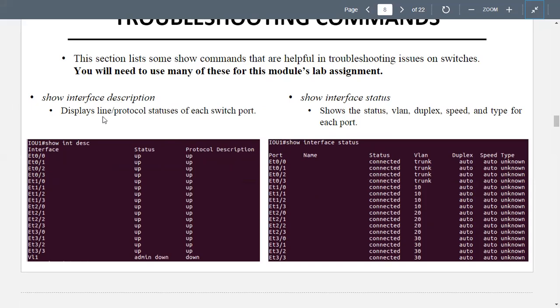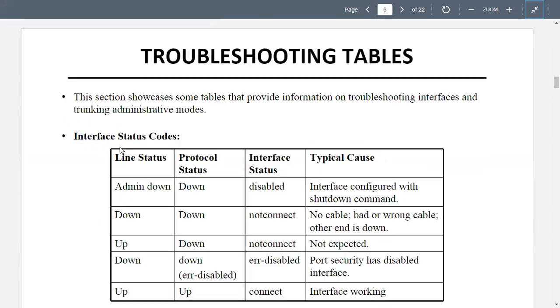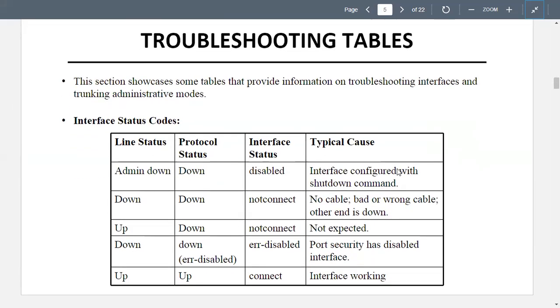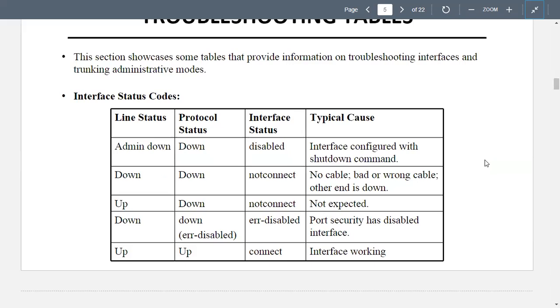So what this does is display the line protocol statuses for each switch port. So what does that mean? If you go up here, right here, these are interface status codes. They let you know what is going on with an interface. If you see up, that means the interface should be working and everything's good with that part of your troubleshooting steps. The only other thing you're going to see in this lab is admin down. That means the interface is configured with the shutdown command. And we'll go over how to resolve that soon,